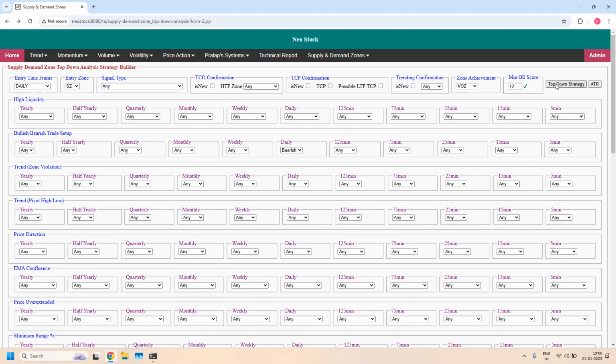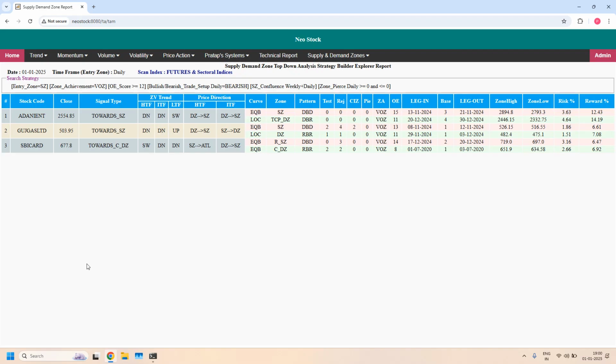With this filter, out of the 3 stocks, we got all the 3 stocks. That means all these 3 daily demand zones are part of the weekly demand zone. And weekly trend is down in all these stocks because it is a bearish trade setup. Because the daily zone is part of the weekly supply zone, if any of these weekly zones are having weekly EMA Confluence,